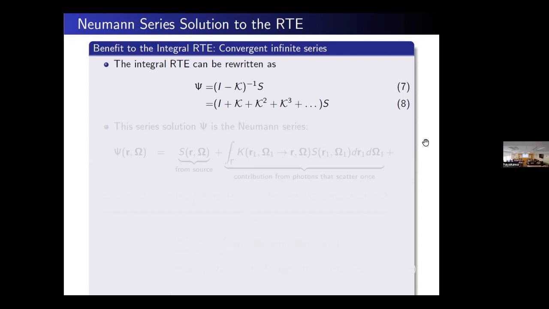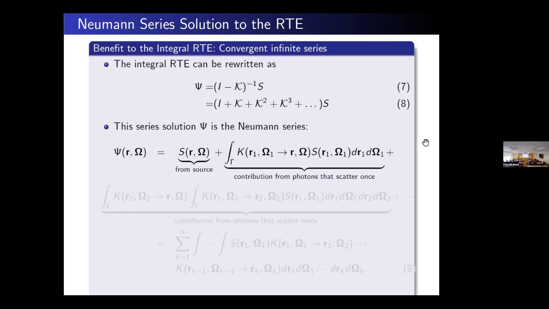Now, if you've taken series, you look at the series 1 over 1 plus x, and you can expand it into an infinite series in powers of x. Similar thing, except this is an operator. The constraint for that infinite series converging is that the absolute value of x is less than 1. Here, the norm of this operator needs to be less than 1 for this to converge. So we can expand this into its series, and then we have the S on the right-hand side.